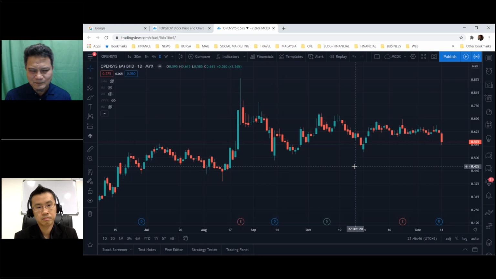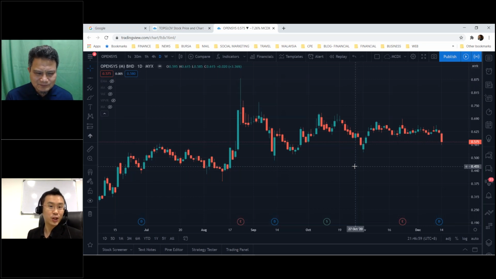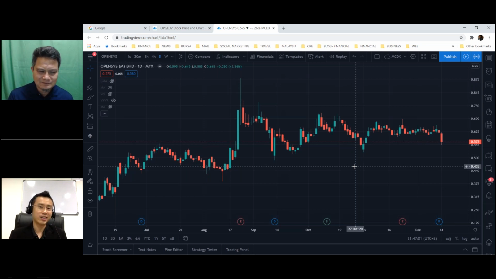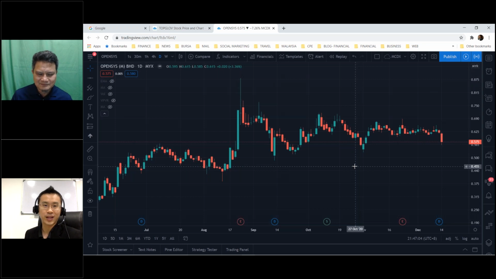So if it's a day candle, then we cannot refer to it because it has not finished forming. It's not completed yet. So you have to wait until a candle is finished, then we can take cues or information from that candle. If it's halfway, then you have to zoom in to a smaller time frame.